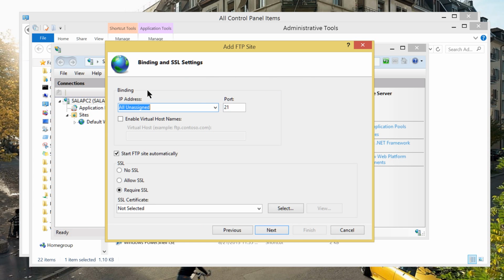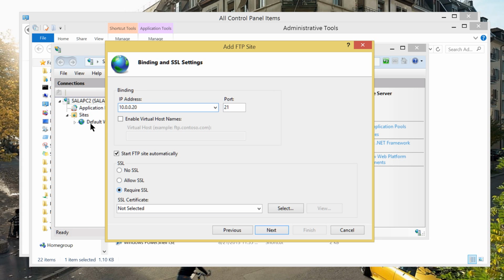Click next. And then of course the IP address. Since my computer is running by this IP address, I'm going to choose that. I have some VMware running inside. That's why it gives me other IP addresses here. But I would like to choose this IP address.